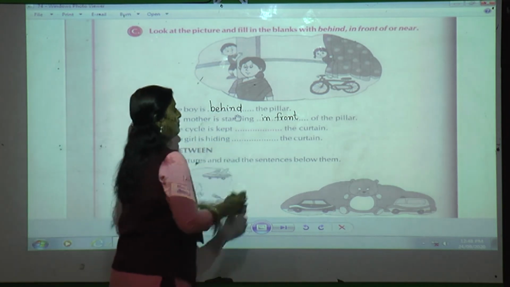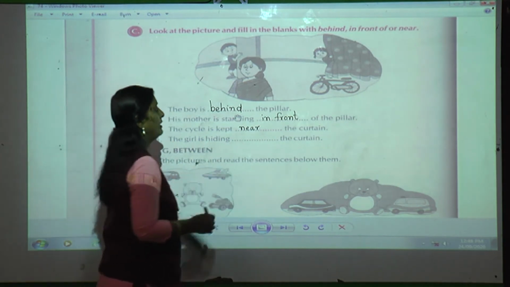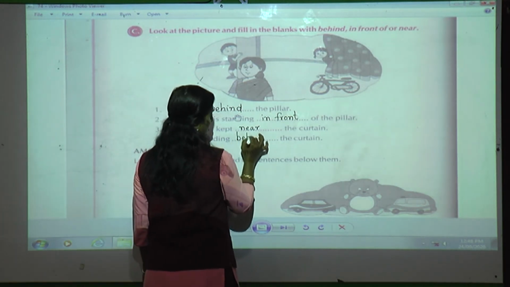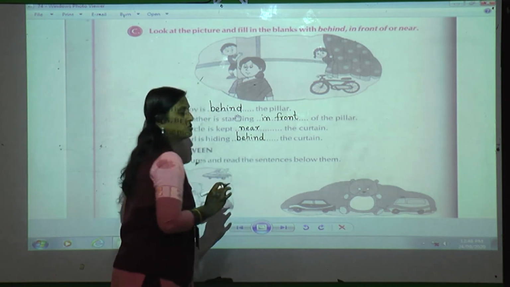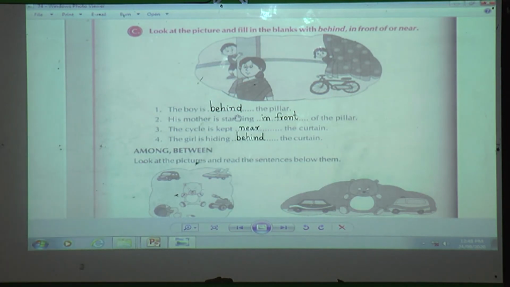The cycle is kept near the curtain. The girl is hiding again behind. Understood, students? So copy down fast. Done. Next preposition is among and